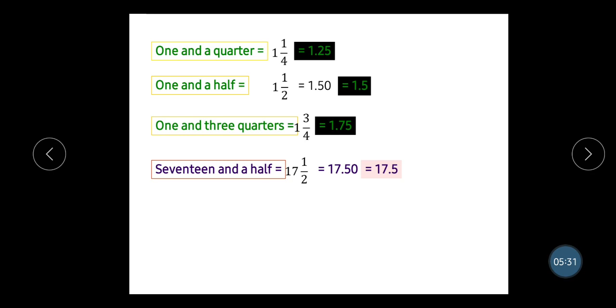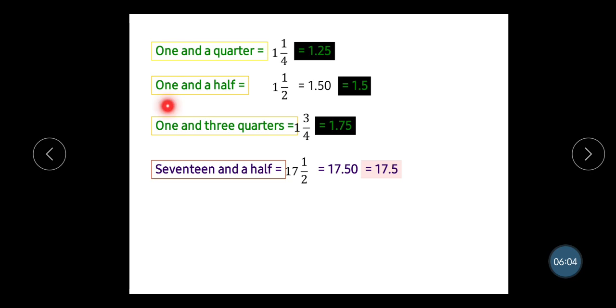Now to write 1 1/4 in decimal form. In my previous explanation you know how to write a quarter. So 1 1/4 we will write as a mixed fraction, that is 1 and 1/4. We will copy 1 as it is. 1/4 is written as 0.25. So 1 plus 0.25 we will get 1.25. So 1 1/4 in decimal form is read as 1.25.